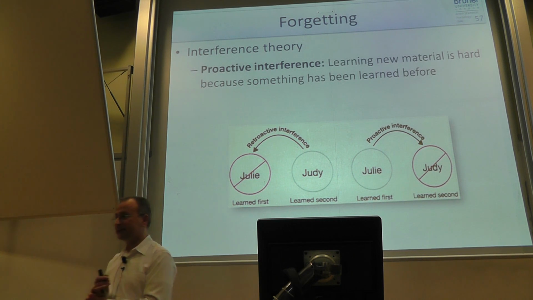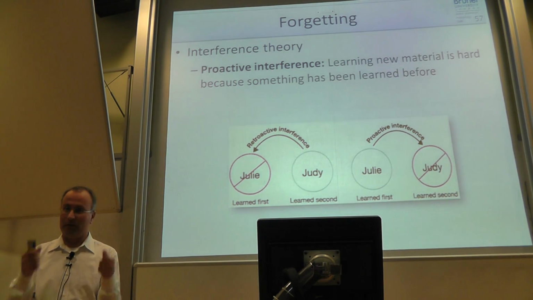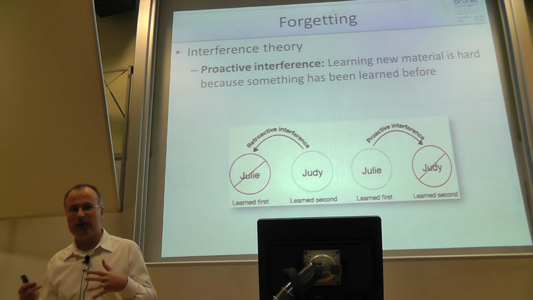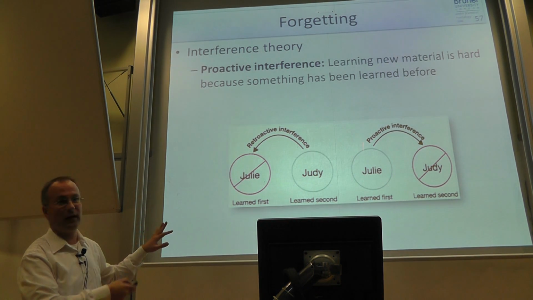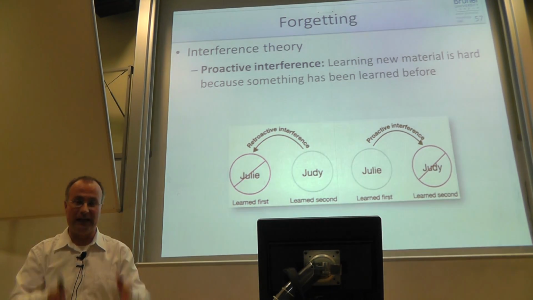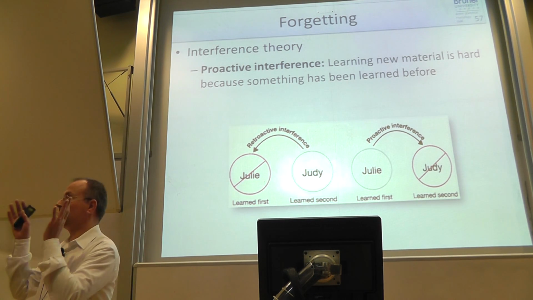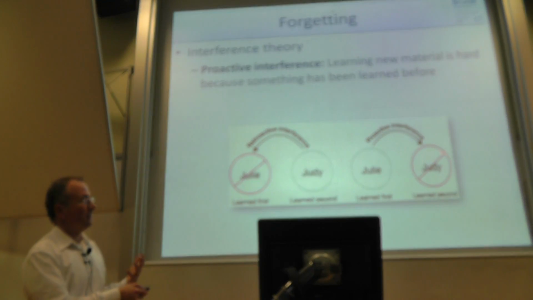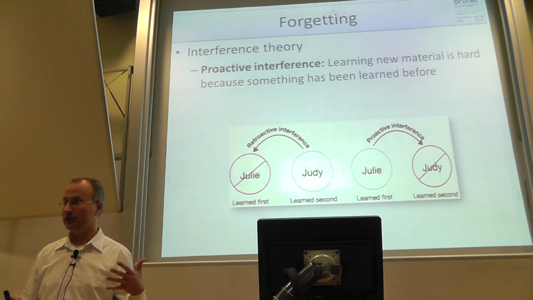One is called proactive interference. And this means when I have to learn something right now, then I find it difficult because I have learned already something before. So this is what is here on the right-hand side. First, let's say I had to learn a list of names of, I don't know, women's first names, and then I have to learn a second list. Then the learning, the actual encoding, is more difficult because I already have the other names in my mind. It's difficult to get rid of them.